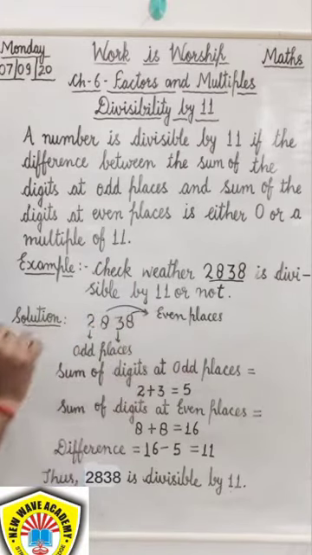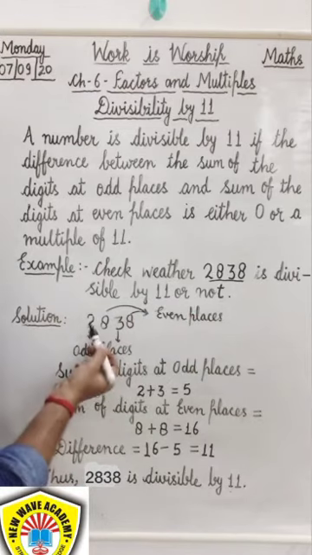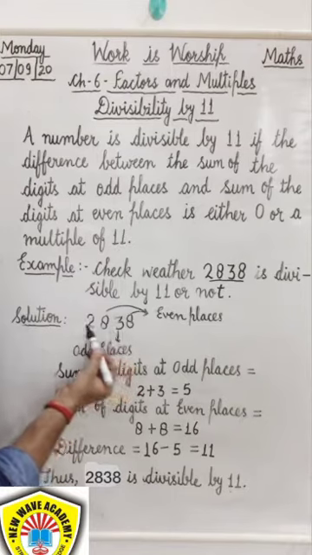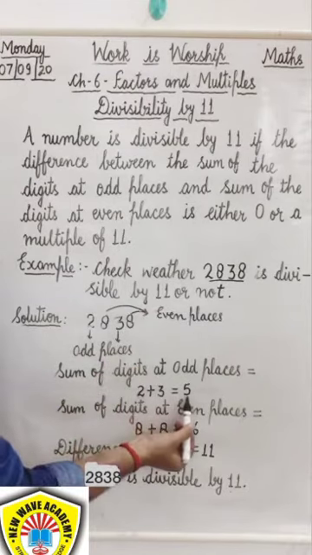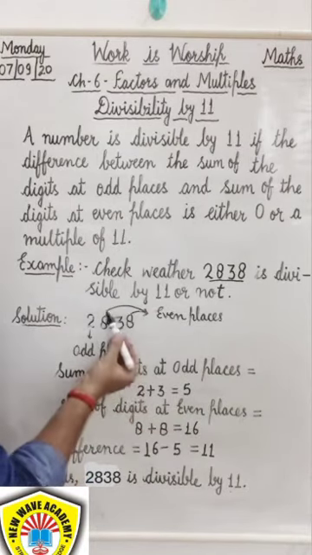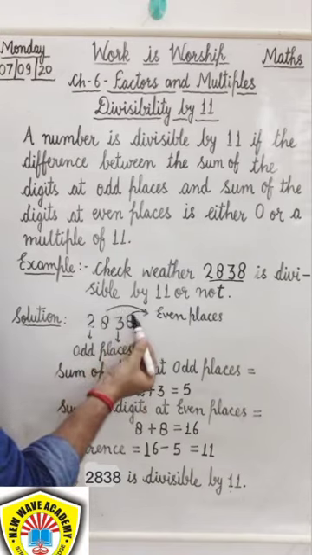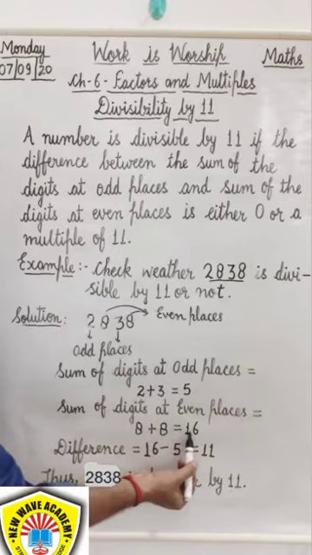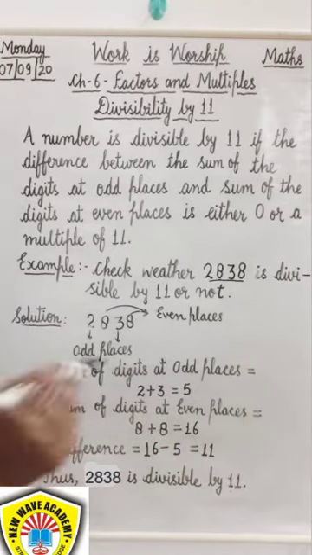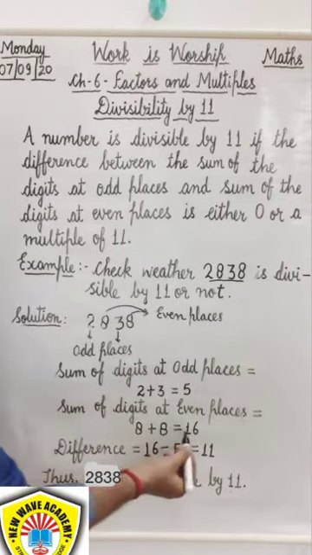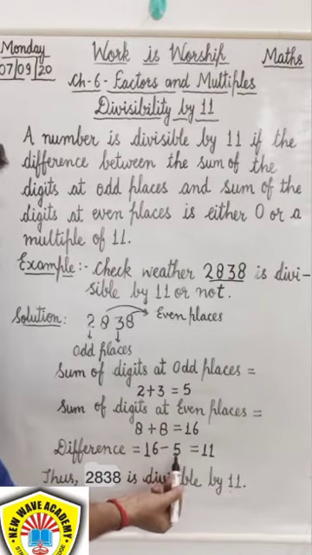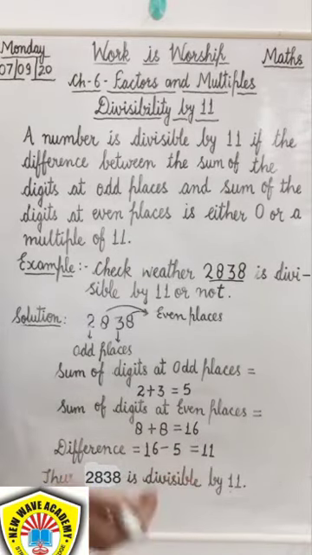Okay, so हमने first place और third place जो कि odd places है हमारी, हमने उनकी digits 2 और 3 का सम किया तो क्या आया 5 आया, और जो हमारी second और fourth places हैं जो कि even places हैं इनकी digits का हमने सम किया 8 plus 8 तो हमारा क्या आया 16. Now we have to find the difference of these two sums. So 16 में से जब हमने 5 माइनस किया तो क्या है हमारा 11 and 11 is the multiple of 11. Okay, thus